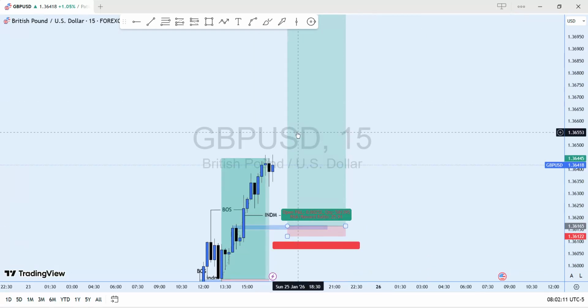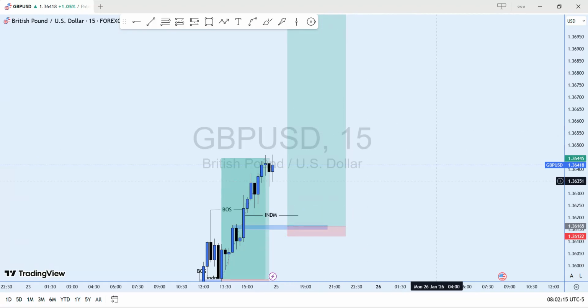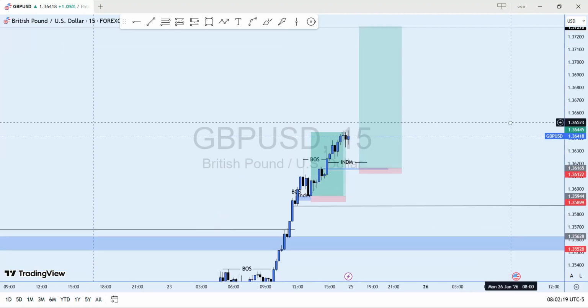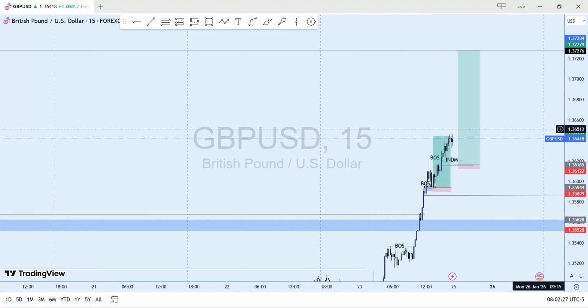So our risk to reward is 1 to 25.91. Wow, that's very beautiful. $100, we make 25 times of it. Wow. $1,000, 25 times of it. So that is my breakdown on this market,